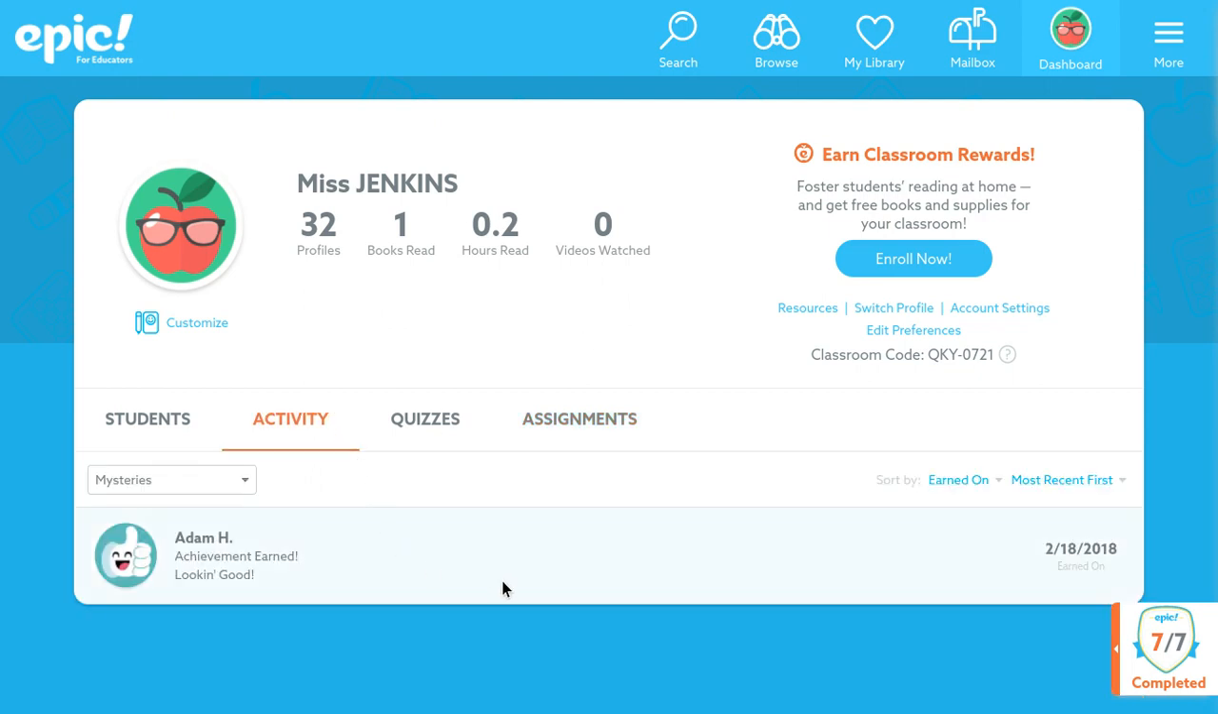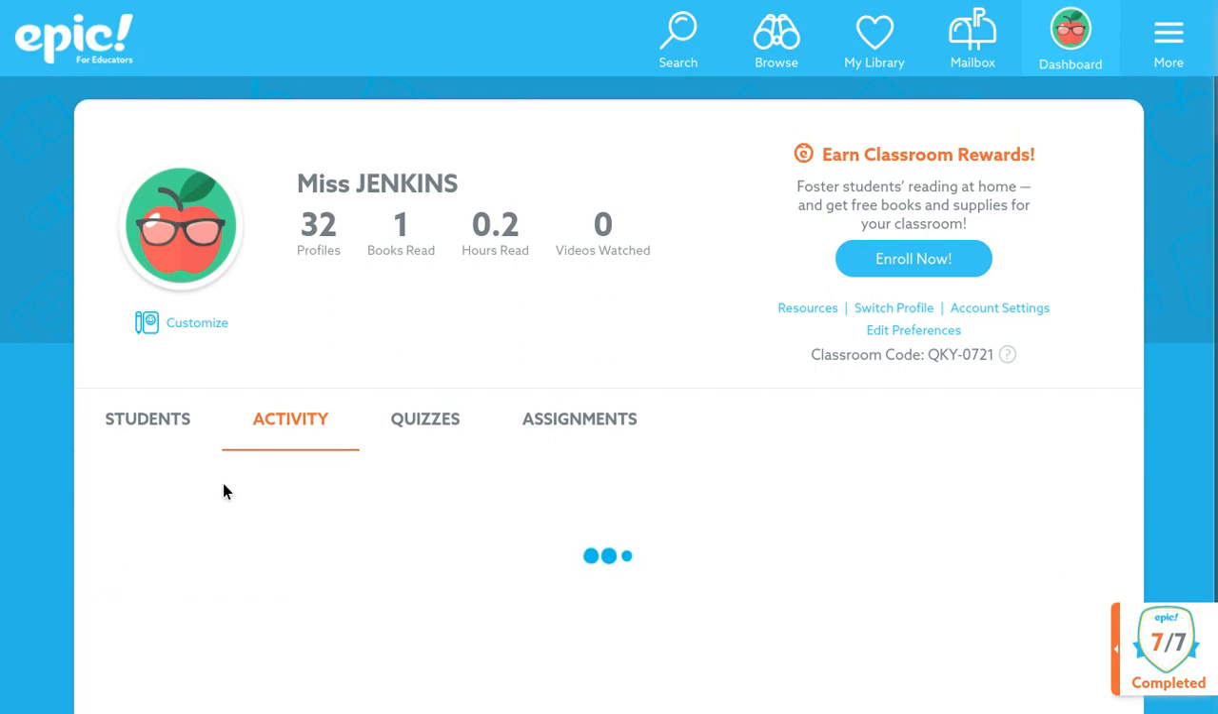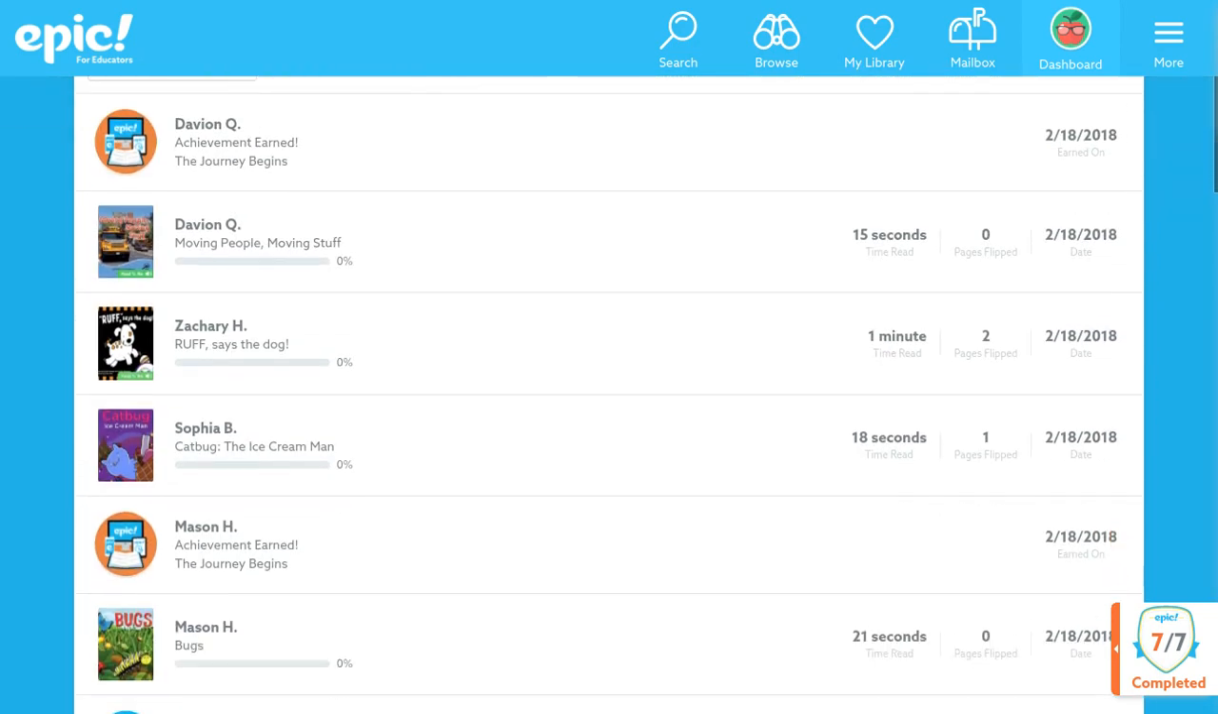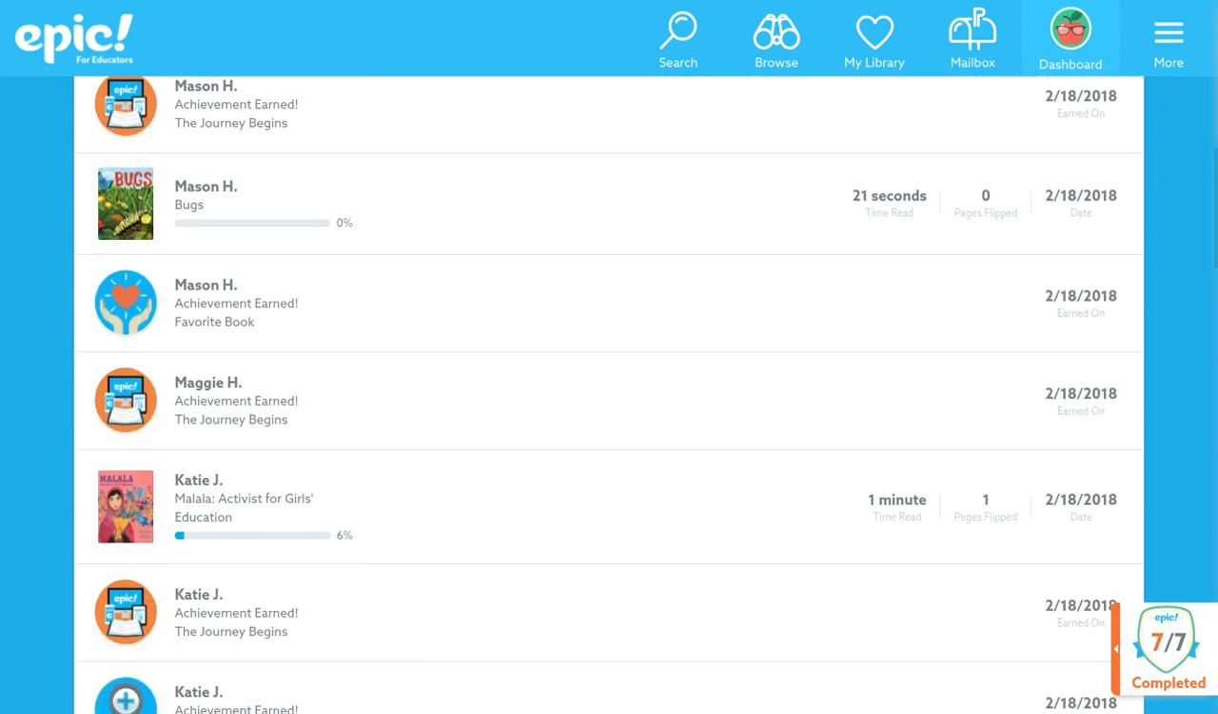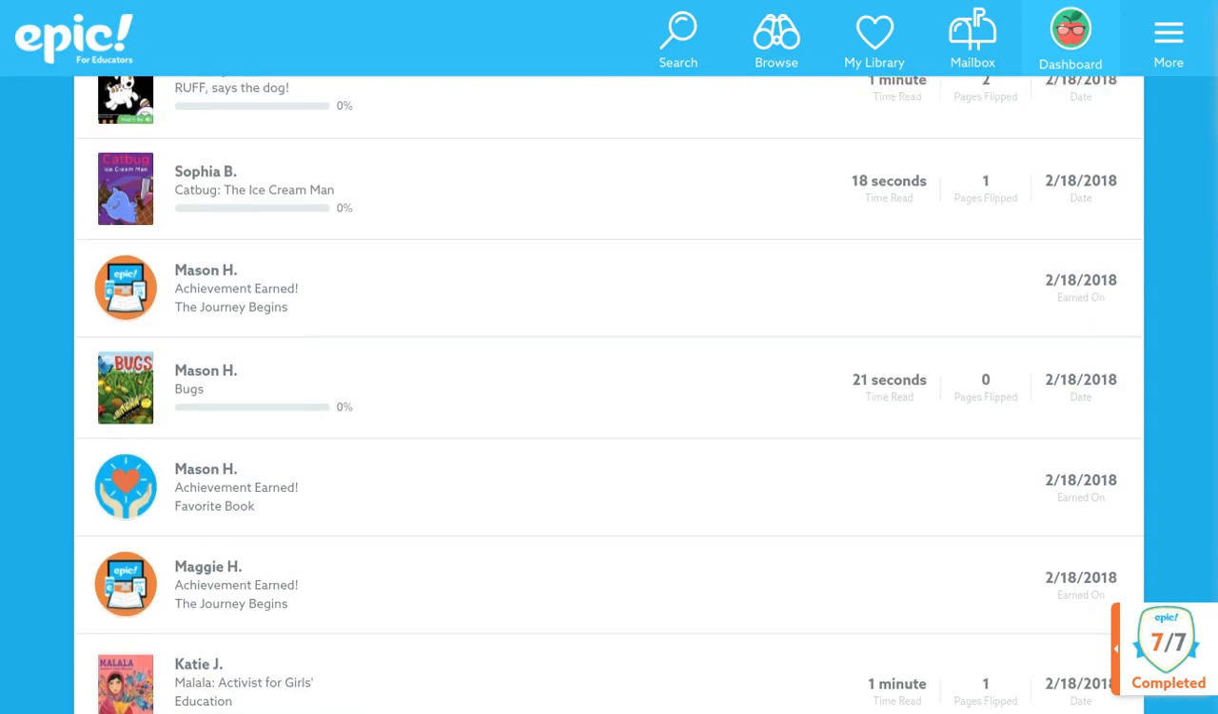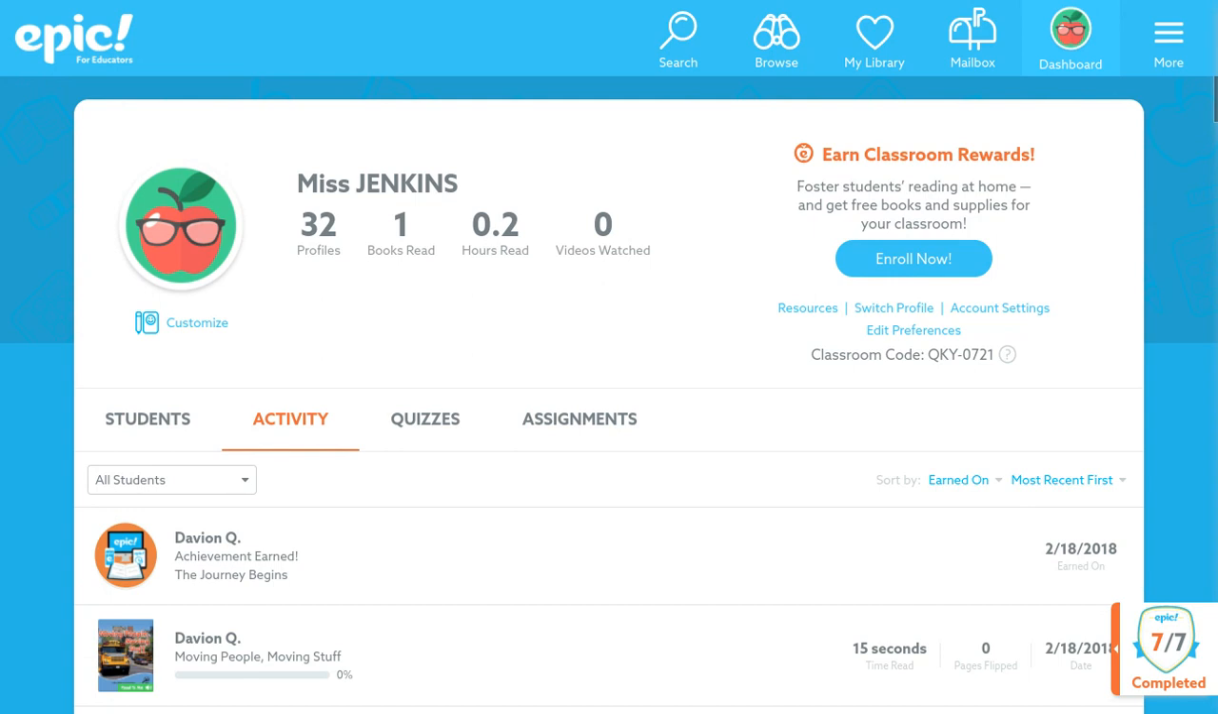Activities is where you show what each student has been doing. Now this is just for the mystery group, so you might want to put all students. And again, these are all theoretical students, but you can see it will show how much time this child spent on this particular book. It shows each time the student